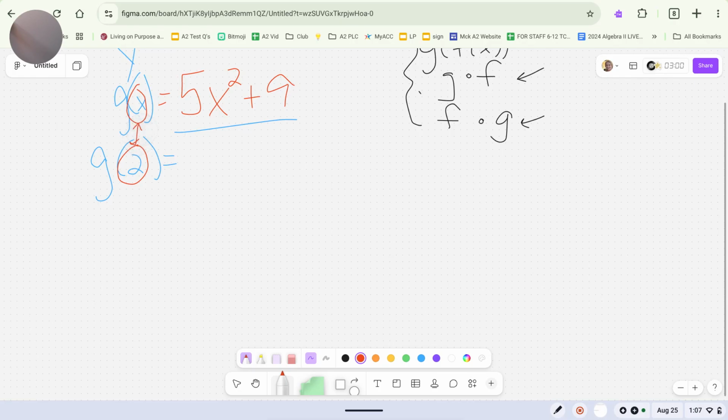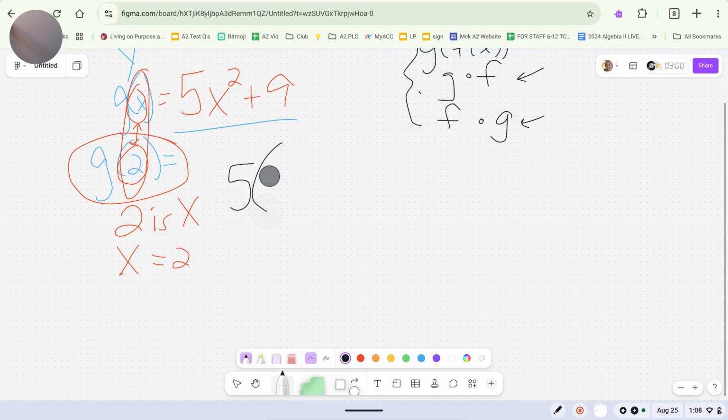So when I say g of 2, it really means that these are the same. 2 is x, or x equals 2. So when you see g of 2, we're going to rewrite this, and instead of x, I'm going to put a 2. And whatever's happening to that x, it'll happen to the 2. So for instance,